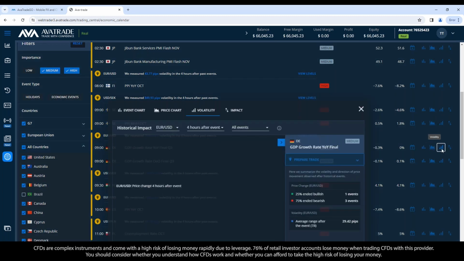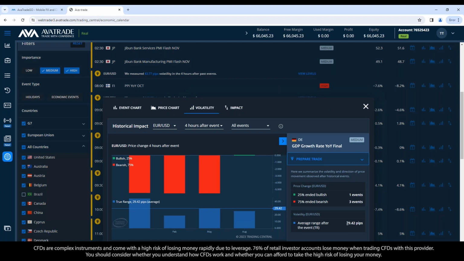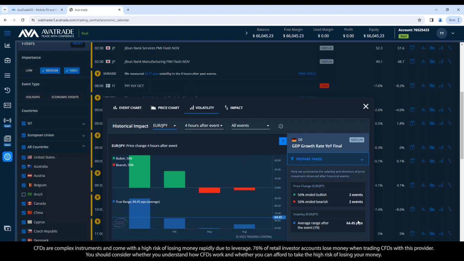With that data, you can see it's not moving as much. In that 4-hour period, it's only 29 pips movement, as opposed to the other announcement we just looked at, which had 50 or 60 pips movement in those 4 hours. So less price action on Euro USD. We could check Euro JPY. Okay, the JPY pairings tend to have larger movements, and indeed we see then 64 pip movement in those 4 hours. But then look at the predictability. Larger movement, but 50-50 on the predictability with all events.